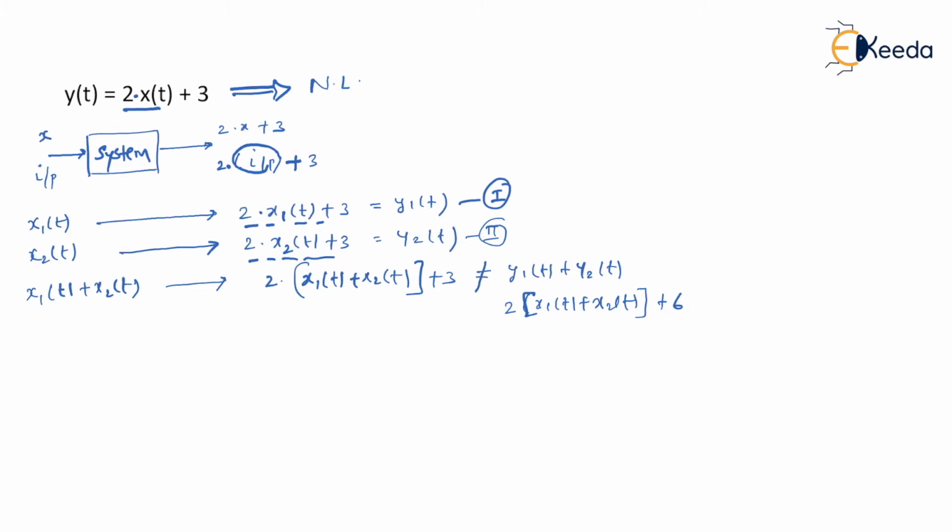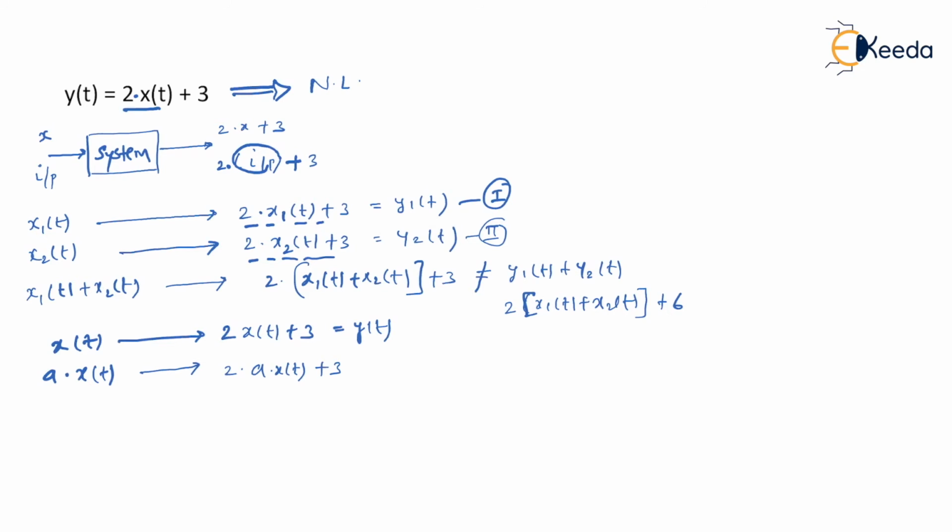So the nature of the system is whatever input you apply, output will be twice of that input, then it is added with 3. So when you apply input as x of t, output is twice of x of t plus 3, and this is considered as y of t. Let's say if you have applied input as a times x of t. Now understand, input is not just x of t, input is a times x of t. So this time a times x of t gets multiplied with 2 and then it is added with 3.